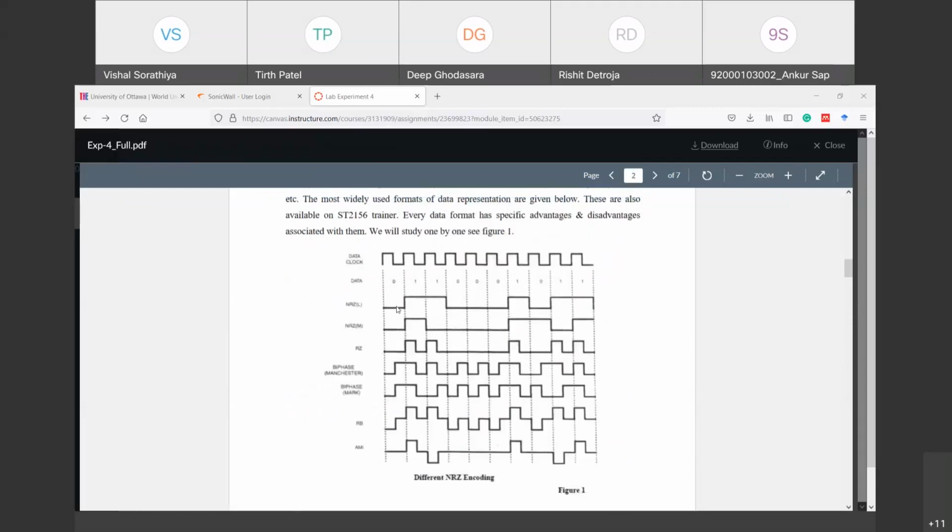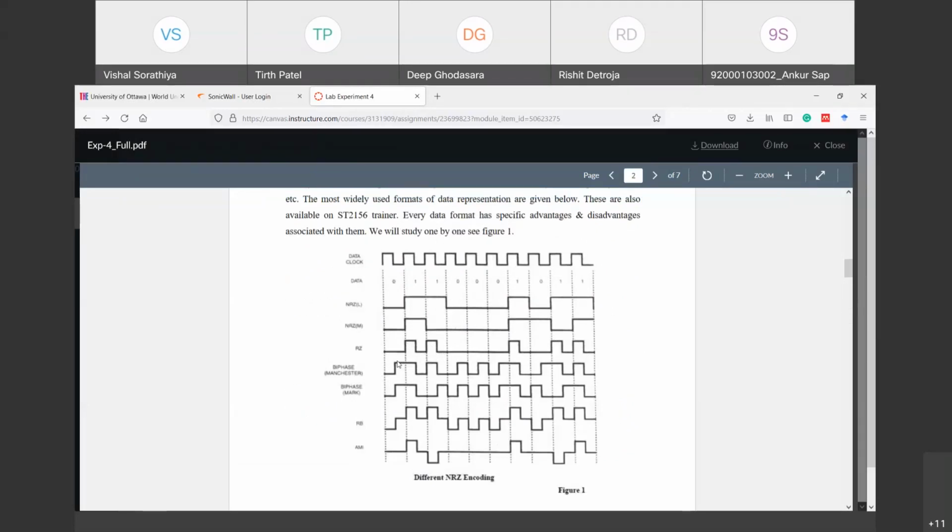So you can refer to that also. Or by looking at this pattern, for the same data NRZ-L is going to be presented like this one, NRZ-M is going to be presented like this one, while RZ is going to be presented like this one. So according to that, you are supposed to find out what things are presented with respect to